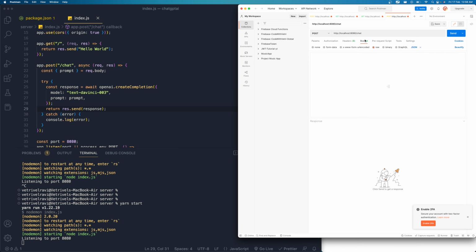So if I go to the body tab, I have to change to JSON format. Change this over here to JSON text format, choose the raw data type, and we are sending the prompt, hello, how are you doing today? Okay, this is the prompt that we are sending. And if I click send,